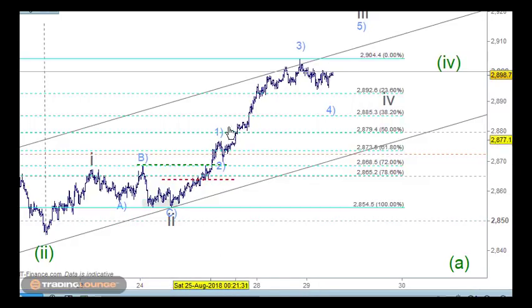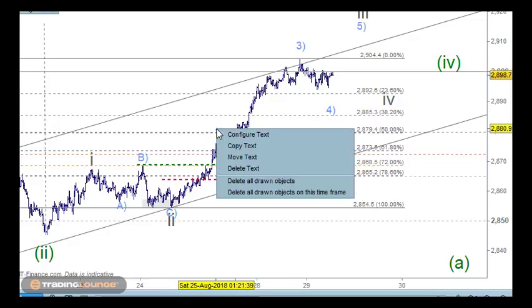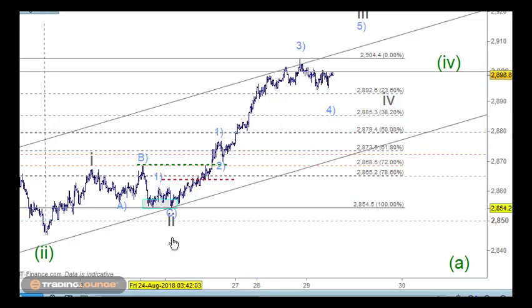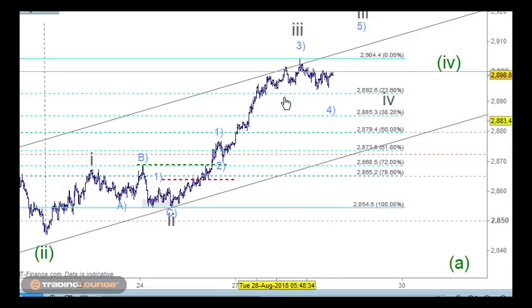So yeah, I'm just not quite sure about this structure moving up here. I'm not sure if I should have, I'll copy this wave 1 just sitting over here, and wave 2 here, and 3, 4, 5. So I'm not quite sure if I've actually got this top in play here, and this wave 4 in here. Not that it matters too much. I mean, the main point is that